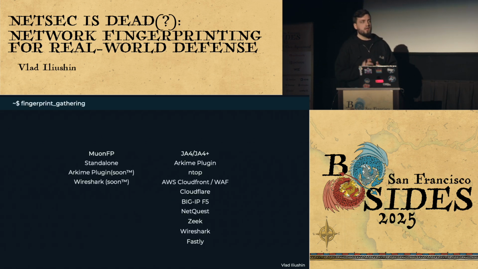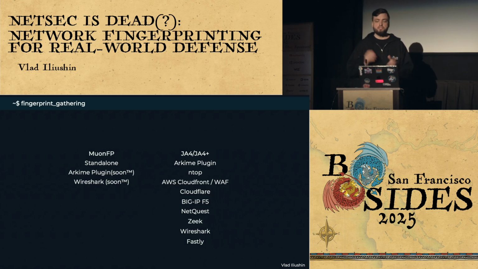Now, you like fingerprints or you're excited about fingerprints. How do you gather them? Well, with MuonFP, with TCP fingerprints, you can use a Rust-based standalone tool and just deploy it to all of your machines. And right now we are working on publishing the Arkime plugin, so you can use it in Arkime. And we're starting to work on the Wireshark plugin, so you can use it during the trainings or workshops, etc. So coming soon, trademarked.